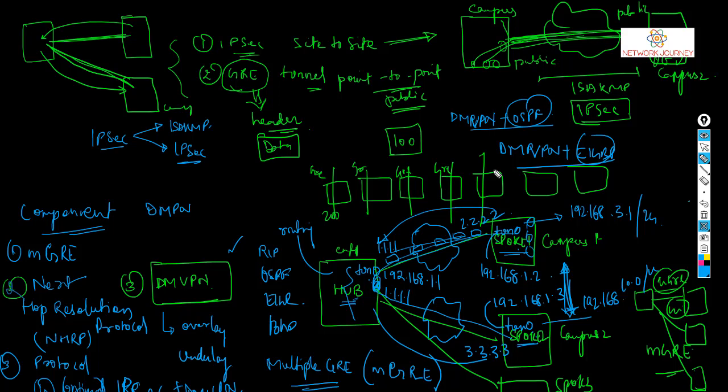That will be covered in phases. We have 3 phases in DMVPN. We call them phase 1, 2 and 3, and each phase has its own benefits. So let's start with the basics of DMVPN components. The first component in DMVPN, I said, is MGRE, which is called multi-point GRE.